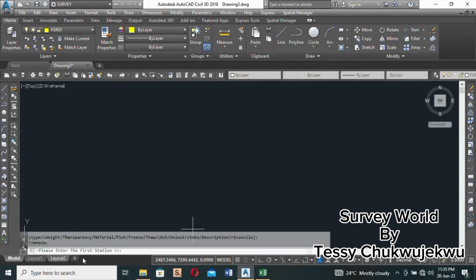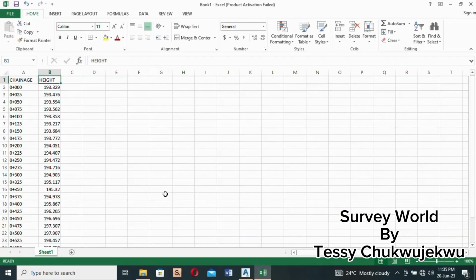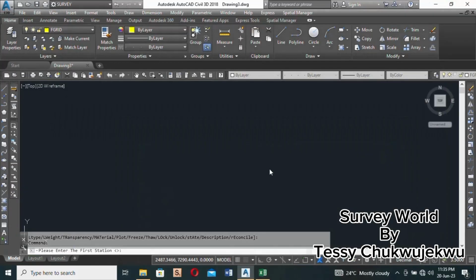Then you can see it's saying please enter the first station. You can see from the Excel my first station is 0 plus 0, 0. So I will go back and type 0 as my first station,